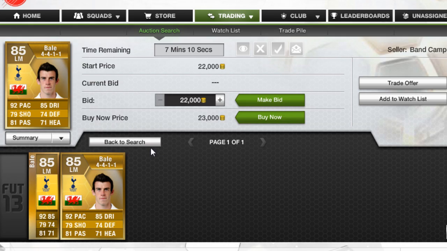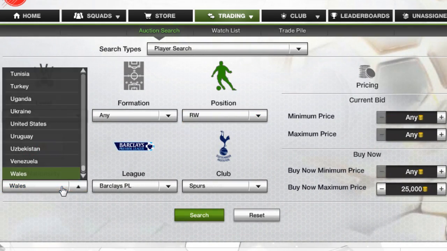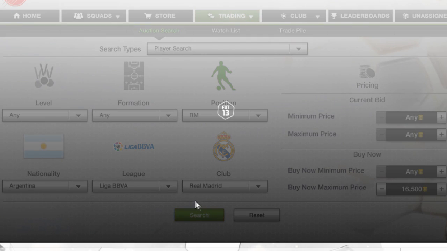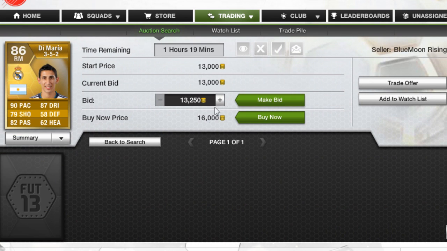And then another player would be Angel Di Maria from Argentina, who plays for Real Madrid, and his average buy now is probably somewhere around 16k buy it now. At the moment I'd say his price will rise, but you can see his stats are very similar apart from the passing. But I'd say unless a player has outstanding passing, then their passing attribute is one of the less important card attributes. So now I'll move on to some gameplay with him, and I actually managed to pick this